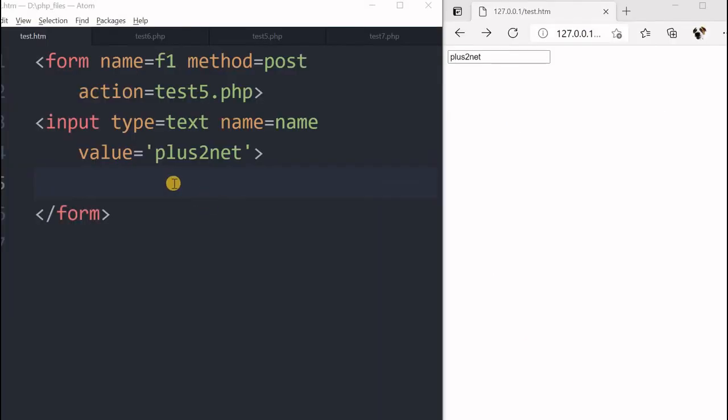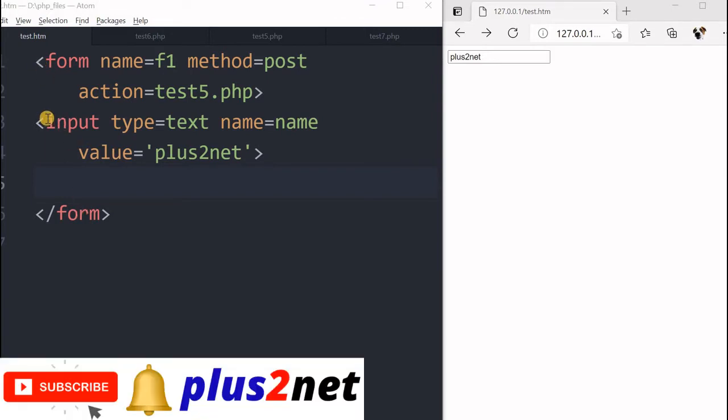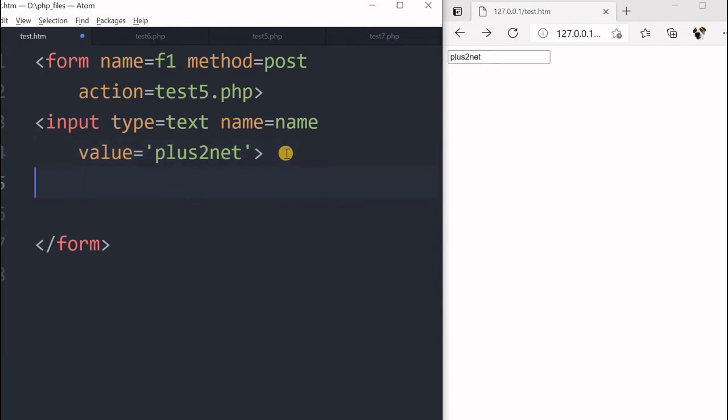We have a test.html page with a form start and end tags. One small input box is here. You can see the output also here. By default the value is set to +2 net. One default value is there. We'll add one button, so one submit button. So we'll say input